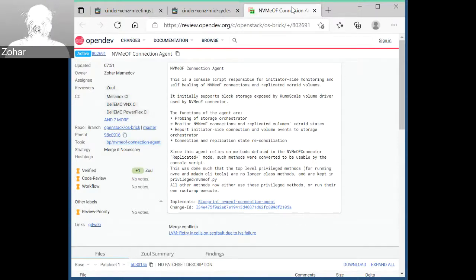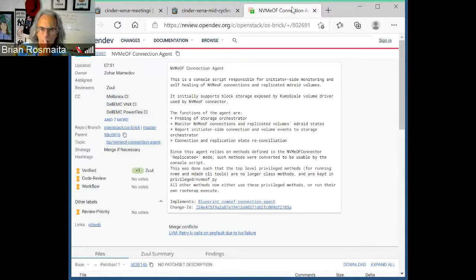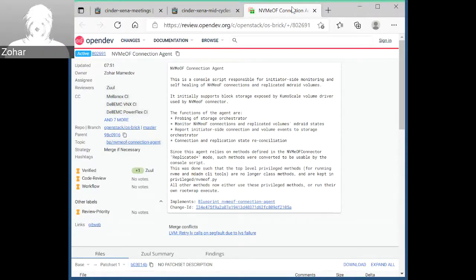Basically, I'm going to update this patch set. The only update that is going to happen is adding one setup.config, which is this console script. As was discussed in the last PTG, we will make this connection agent a console script. So then in the os-brick setup config, this is just another change that I think I just forgot to put inside of this review, because I just noticed. But besides that, it's basically going to be the same.